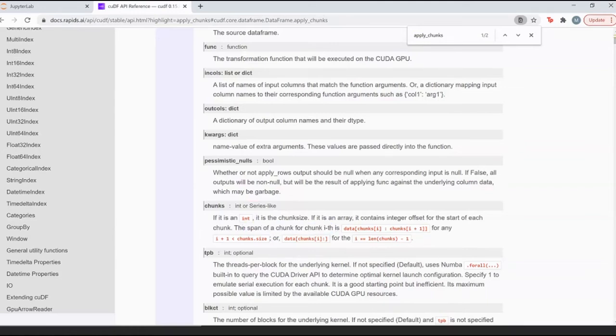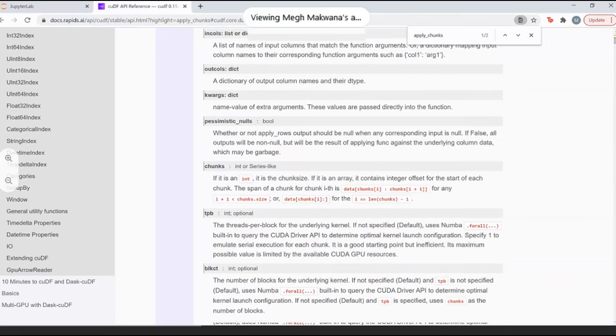So remember, threads per block and chunks have a very fine-grained difference, but understanding this is extremely crucial. You can also mention the number of blocks over here, but usually it's optional, because a lot of the time people put a wrong number of blocks, and there could be cases where, based on the number of threads and the block, you could have an indexing that might not suffice for all of the samples that you have. So again, just be a little careful. Most of the time, let it be used as an optional element.